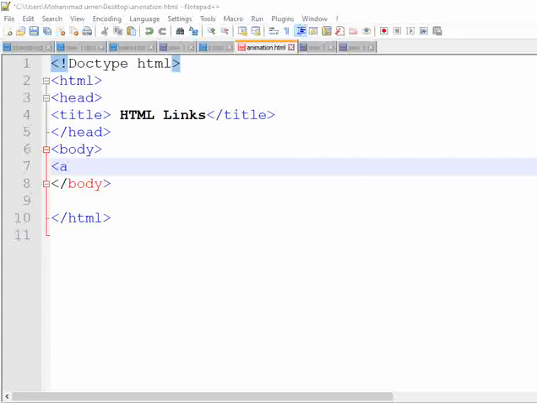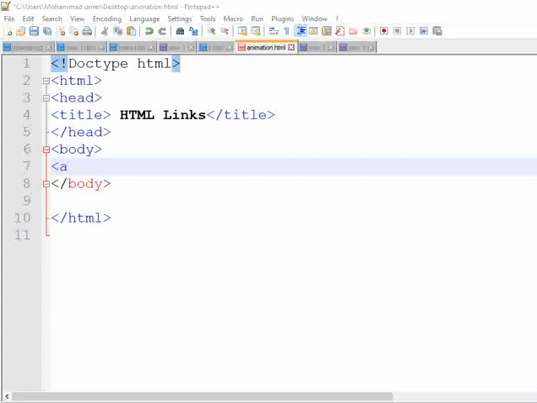For example, we give different paragraphs different IDs. So that's why we use IDs to specify a unique ID for an HTML element. And one thing you must note is that you cannot have more than one element with the same ID in an HTML document. Why? Because we are using the ID attribute to specify our unique element. The ID attribute specifies a unique ID for an HTML element. The value of the ID attribute must be unique within the HTML document.